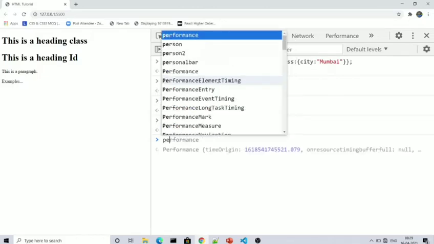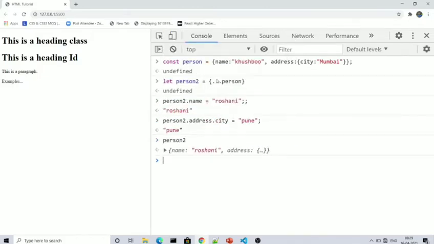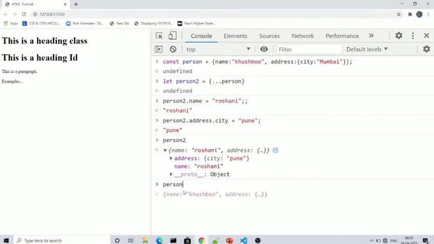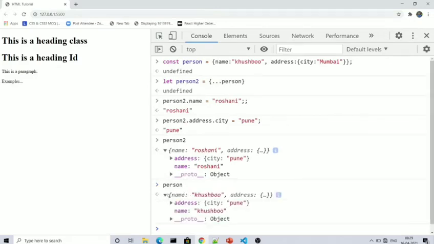Now I will see person2. Here in person2, name as well as address are both changed. Now let's see what is happening inside person. In person, the name is not changed but the address is changed.